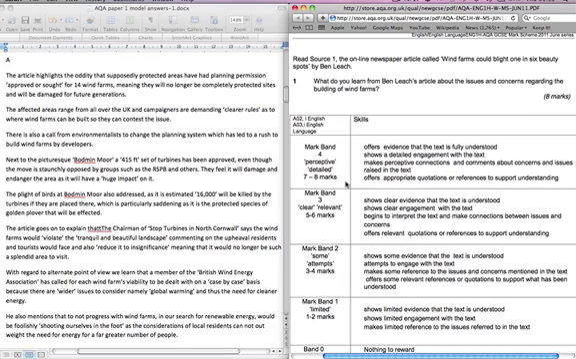And it's always good to remember these parts here where you've got the basic idea. What are you doing? Yeah, I'm being detailed, I'm being perceptive. So just always have that in mind when you're writing. Am I being perceptive? Am I being detailed? So what do you learn from Ben Leach's article about the issues and concerns regarding the